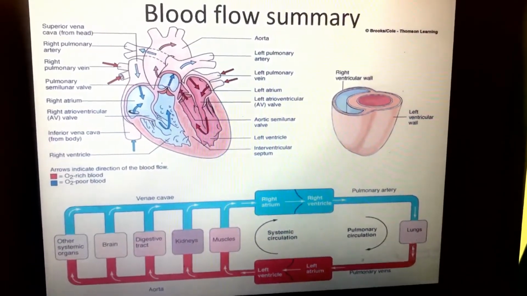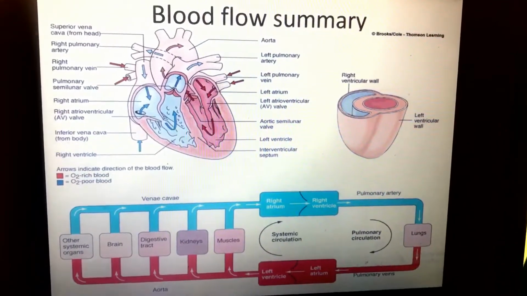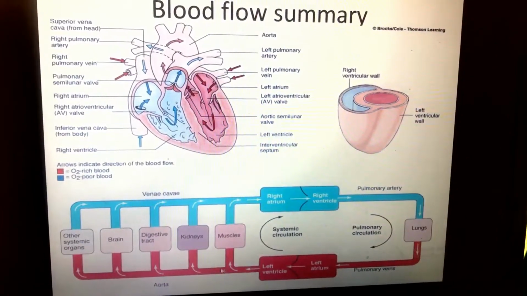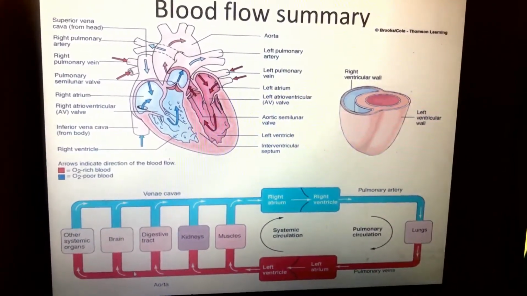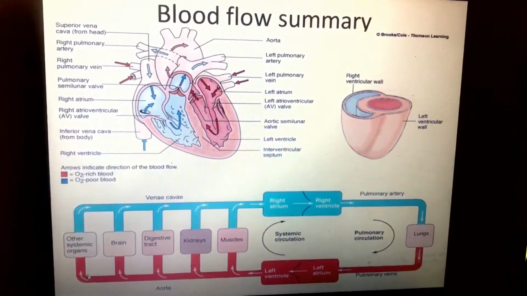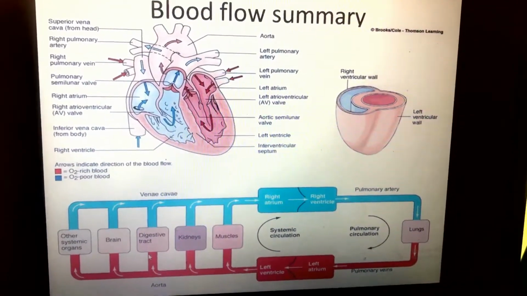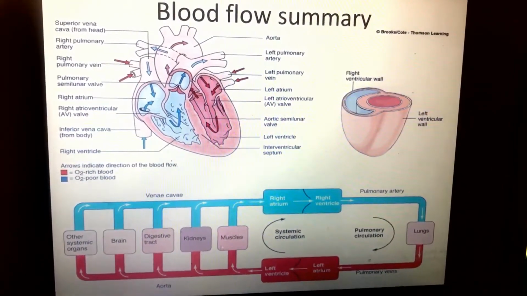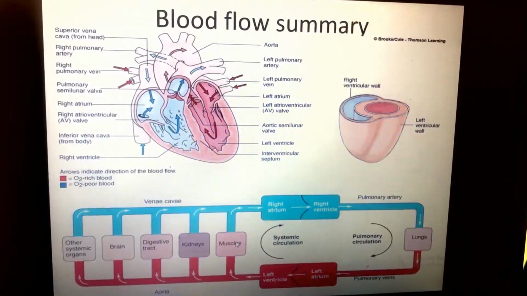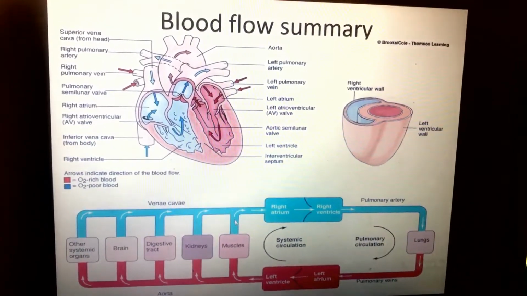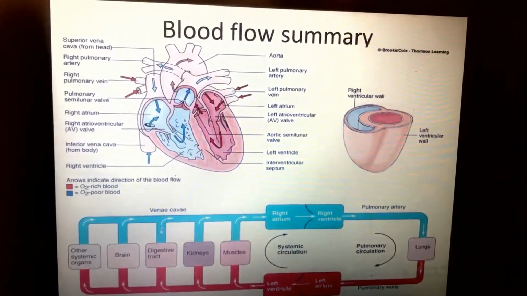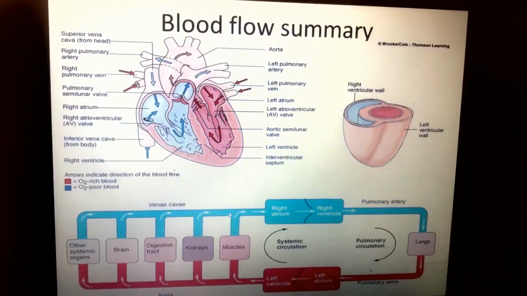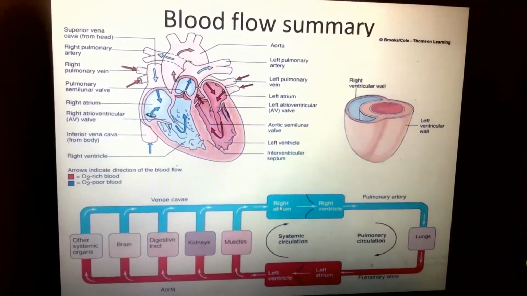The lungs bring the oxygenated blood to the left atrium, to the left ventricle, and the ventricle contracts and pumps the blood to our system via the aorta. So when the blood reaches all the systems, they use the blood, and it becomes unoxygenated. Now it goes to the vena cavas, and the vena cava carries the blood to the right atrium. I think it is explained here.